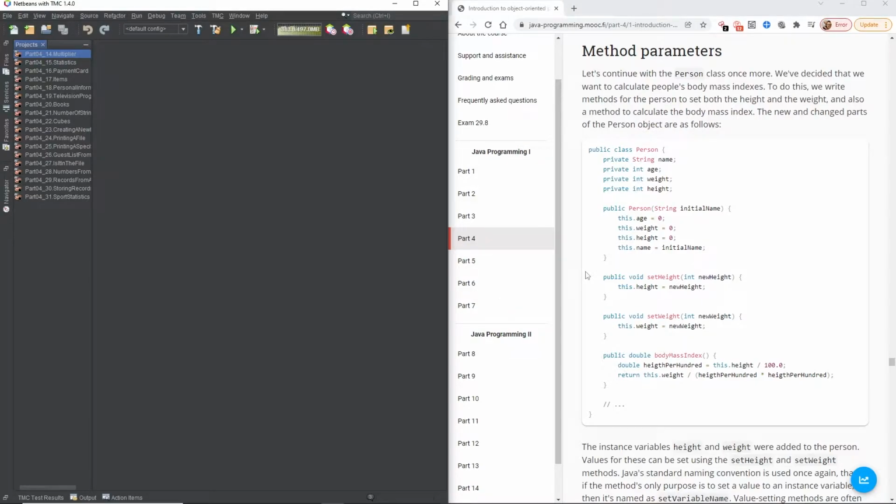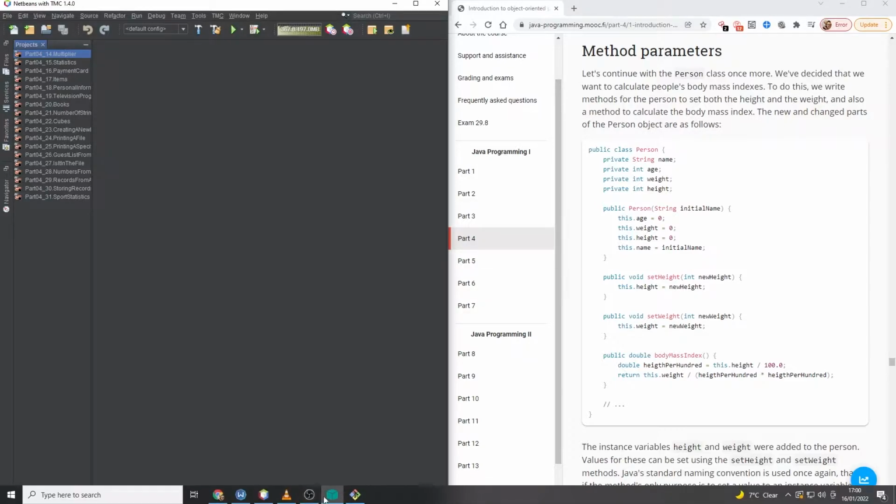Let's continue with the Person class once more. We've decided that we want to calculate people's body mass index. To do this, we write methods for the person to set both height and weight, and also a method to calculate the body mass index. The new and changed parts of a Person object are as follows. Right, let's pull up our